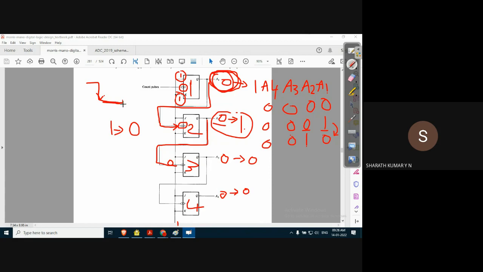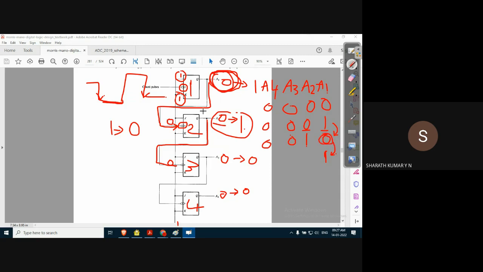Very simple. Next negative edge applied to the first flip flop. The first flip flop will change the state from 0 to 1. Let me write like this. Before it goes from 0 to 1, the input for the second flip flop was 0, because earlier A1 was 0.